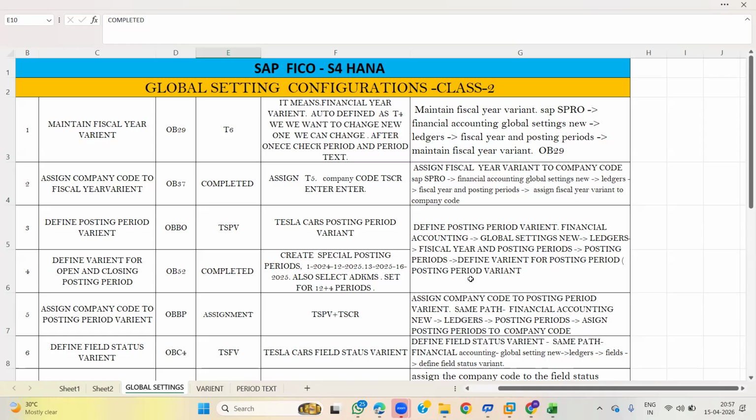Day-to-day transactions are posted in the operating chart of accounts, and the group chart of accounts is used for consolidation reporting purposes. The country specific chart of accounts is used as per country legal requirements.